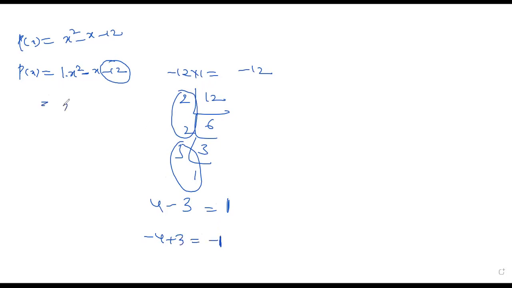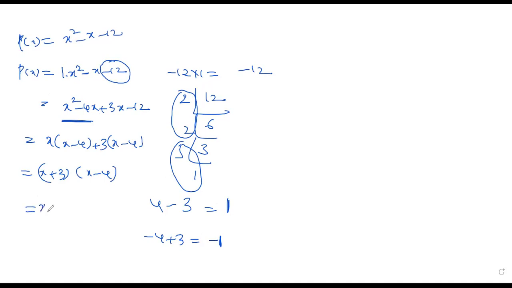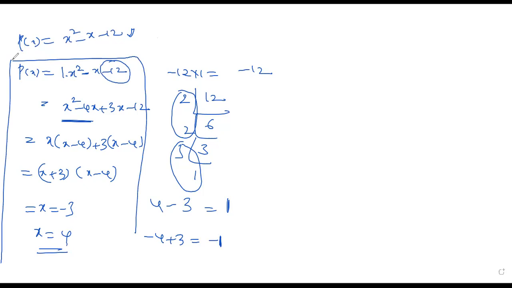So this is x square minus 4x plus 3x minus 12. If you take x common from these two terms, x into x minus 4, plus 3 common, x minus 4. So that is x plus 3 and x minus 4. That is x equal to minus 3 and x equal to 4. These are the roots, the zeros, the solutions of this polynomial. But we have to do this in the graphical method. Even when in the exam they are asking for the graphical method, first do this part as rough work, then we can find the zeros easily.